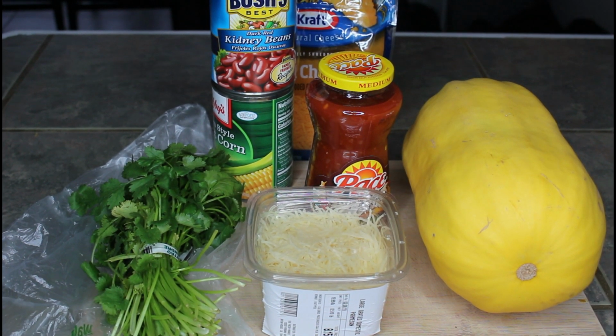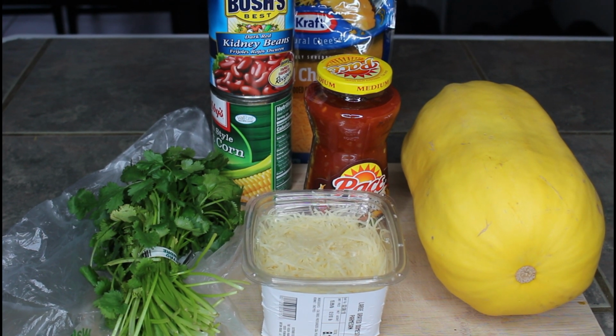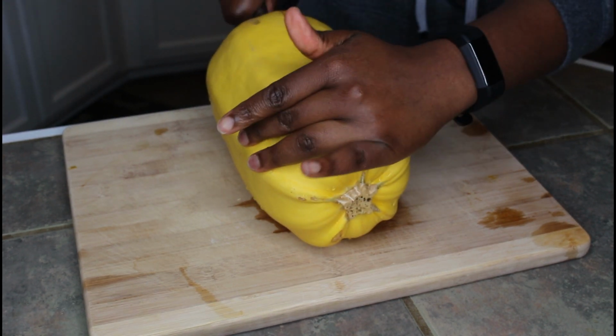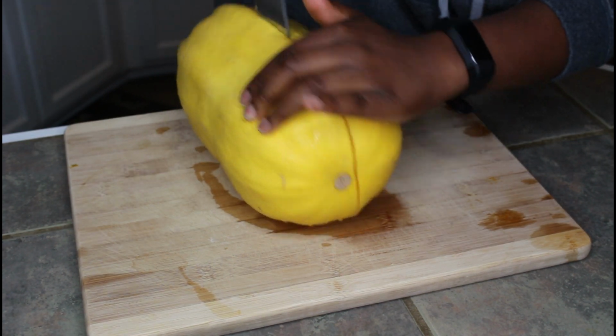You can use Parmesan cheese, you can use mozzarella, cheddar, obviously vegan options just depending on how you want to make this. I've decided to make this one a meatless option, but if you'd like to add meat to this,